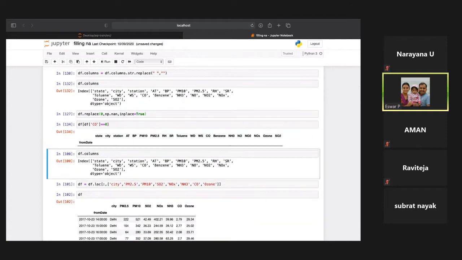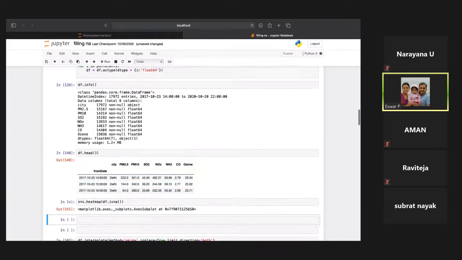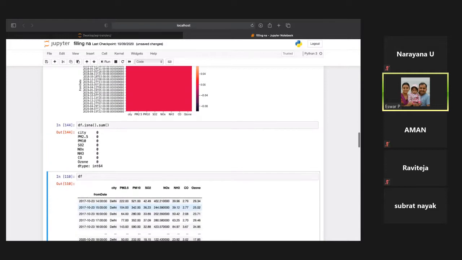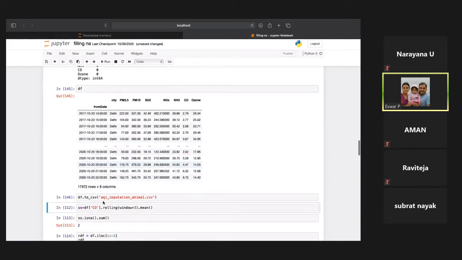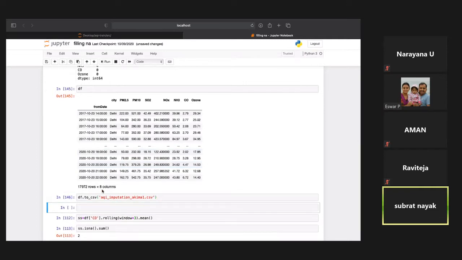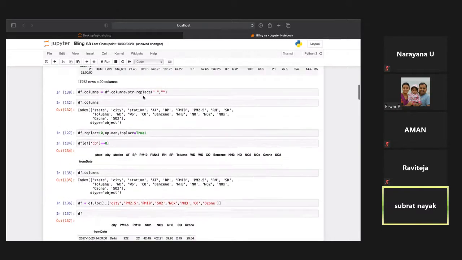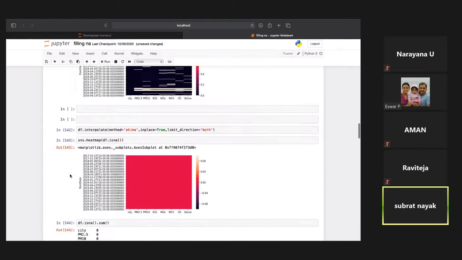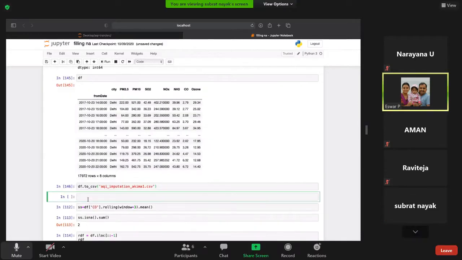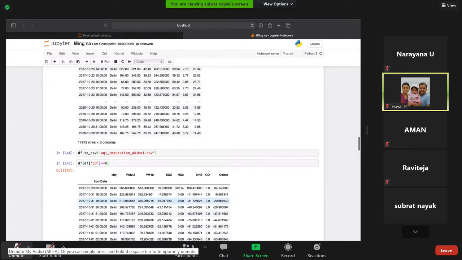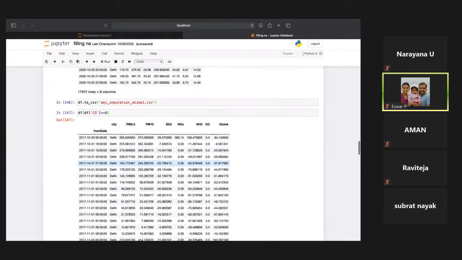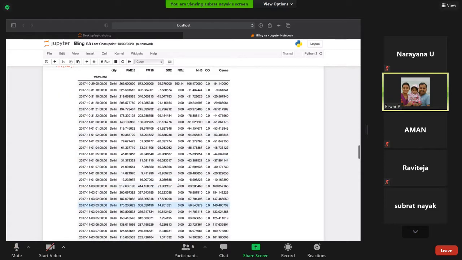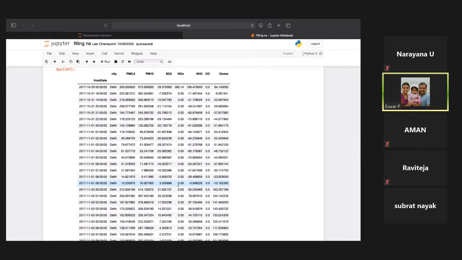We'll see whether the model itself is giving the zero value. Okay, now the model itself is giving zero values. How many rows were there like that?